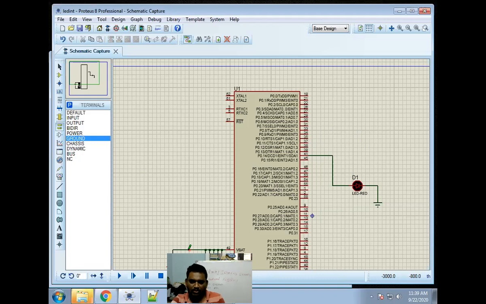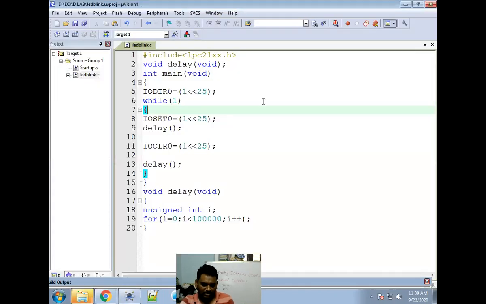Once that is done, you need to change the code also. In Keil, you need to change the code. Here everything is given as pin number 25, and now I want pin number 14. Simple, 14. After completing that, save and rebuild the target.